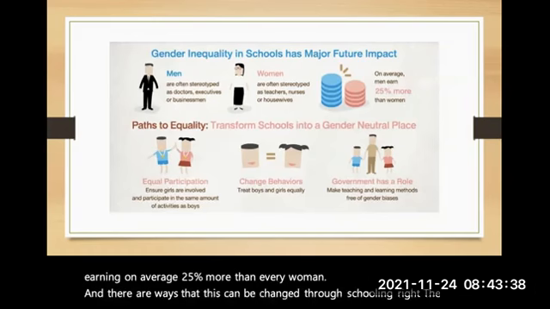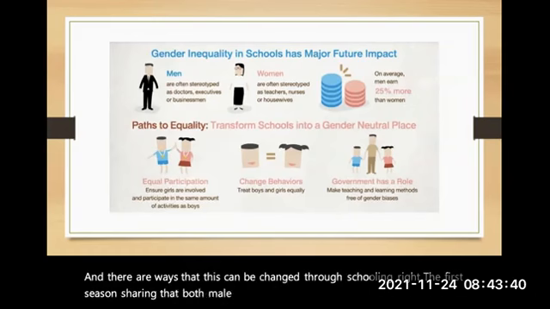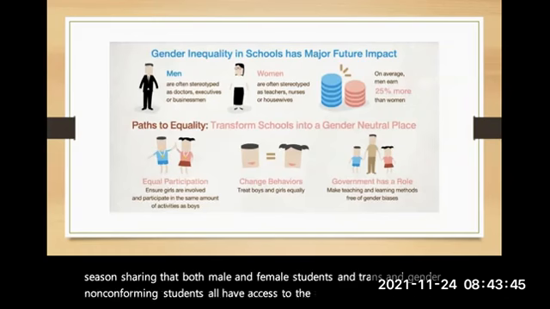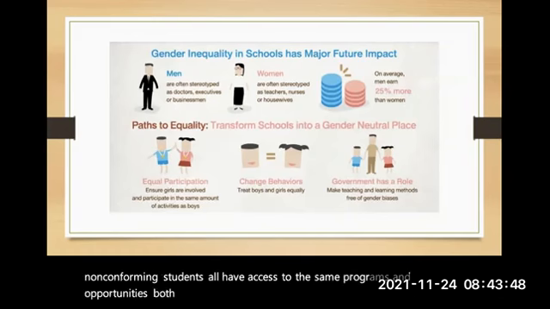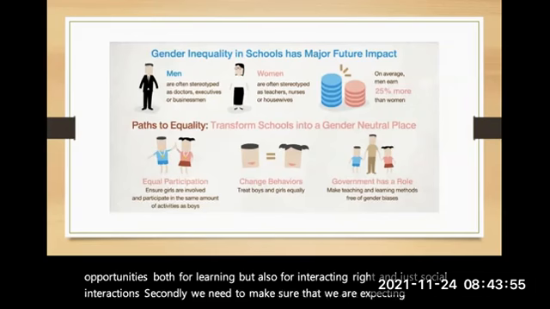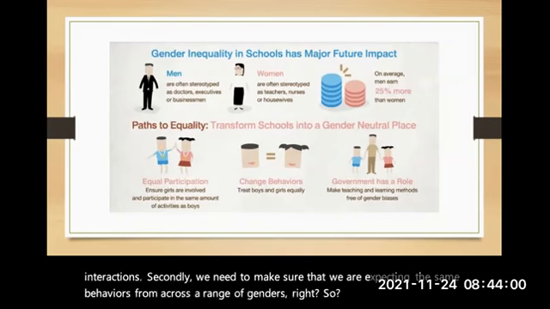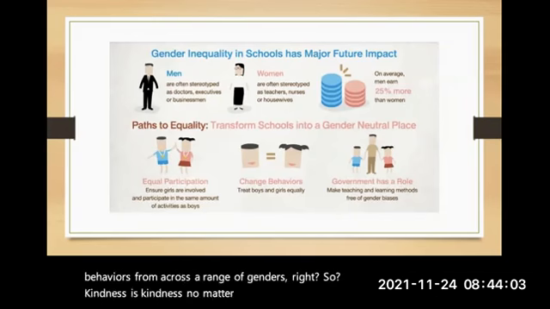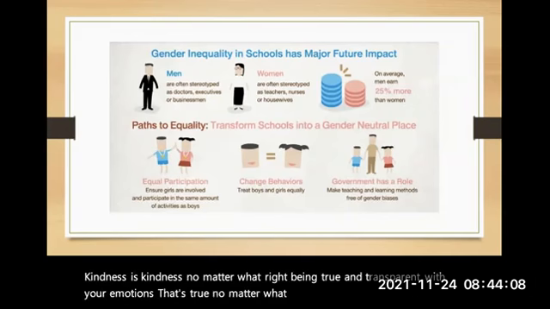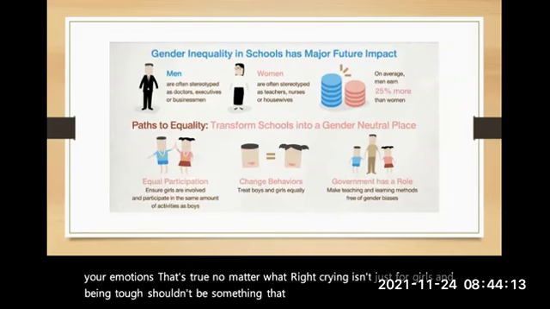The first is ensuring that both male and female students and trans and gender nonconforming students all have access to the same programs and opportunities, both for learning, but also for interacting, right? And just social interactions. Secondly, we need to make sure that we are expecting the same behaviors from across a range of genders, right? So kindness is kindness, no matter what, right? Being true and transparent with your emotions, that's true no matter what, right? Like crying isn't just for girls, and being tough shouldn't be something that boys are forced into doing,